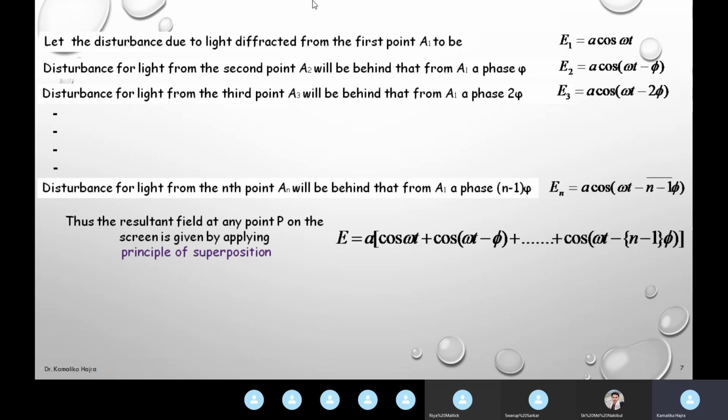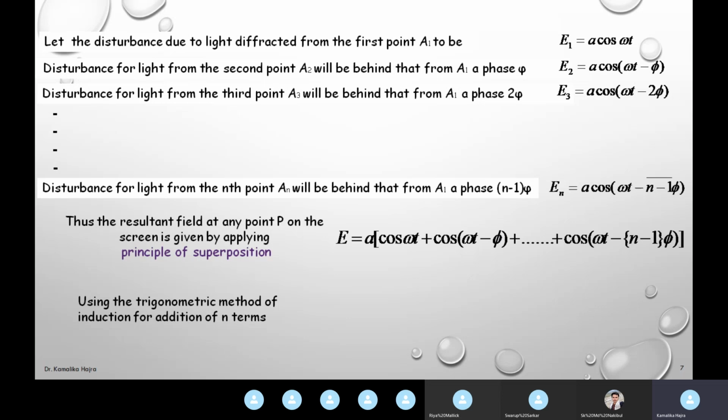So basically we need to add up all these trigonometric terms, E1 plus E2 plus E3 up to En. We have to add up n trigonometric terms. Here we will apply the method of induction for addition of n terms. This analysis has been done vectorially in several books, and you can use the vectorial notation if you are comfortable with that. No problem with that. I have used the trigonometric notation because I feel comfortable with it.